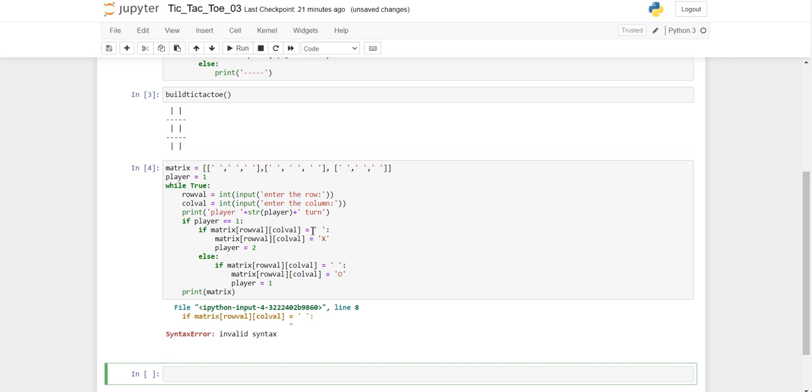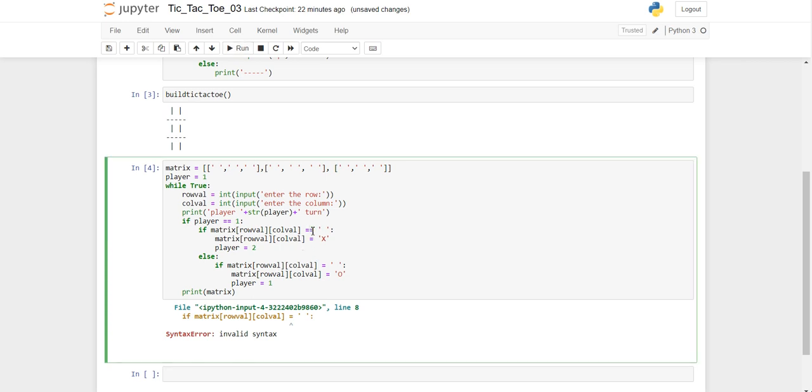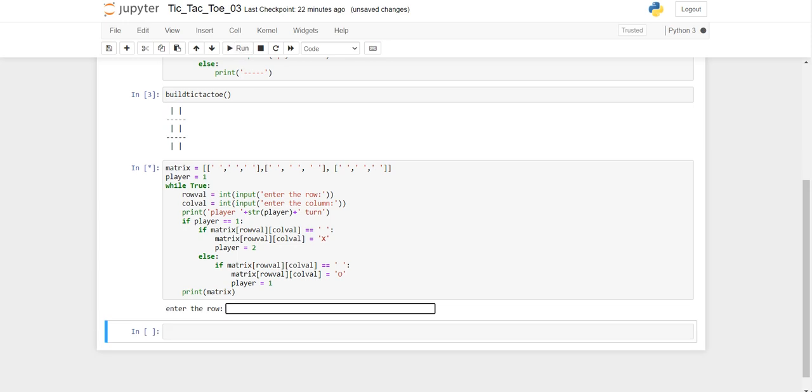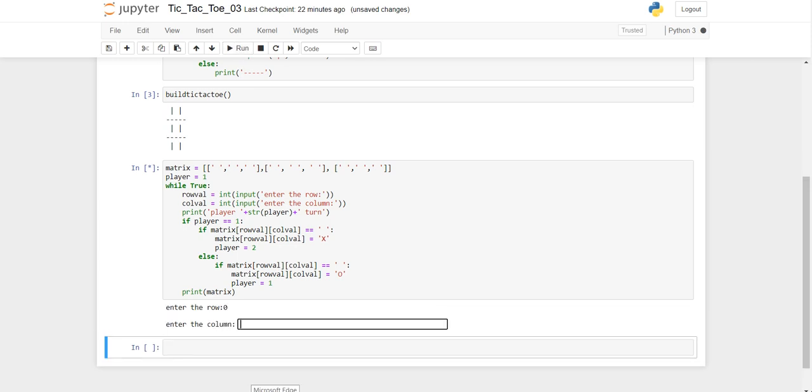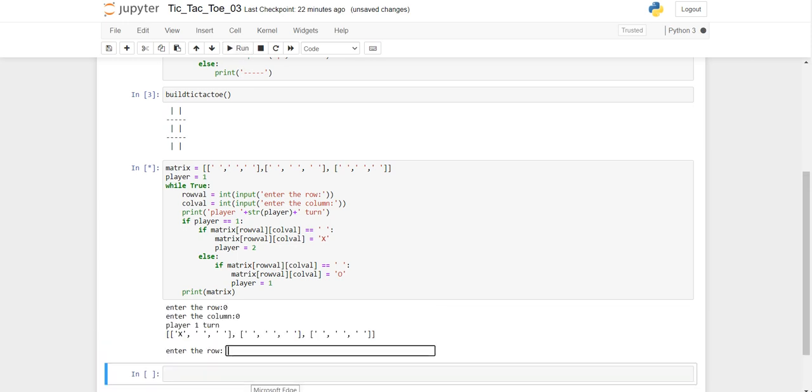Invalid syntax. Okay, so double. Okay, enter the row 0 0. It's player 1's turn. So in place of 0 comma 0, X has been substituted.